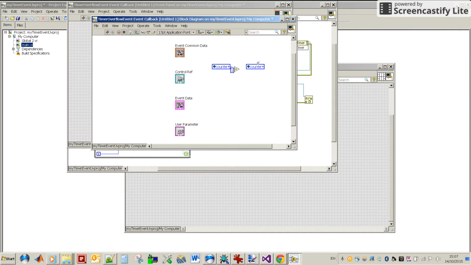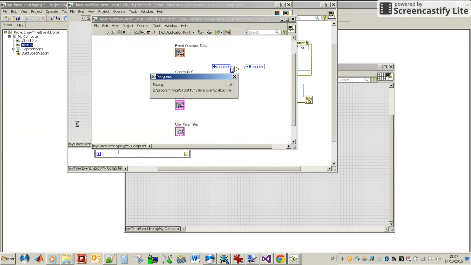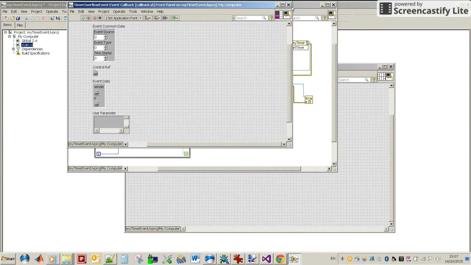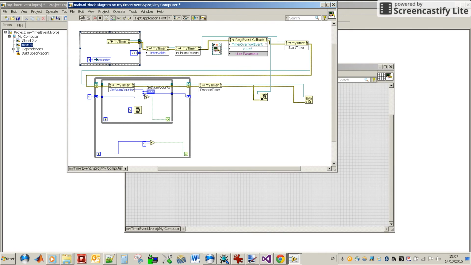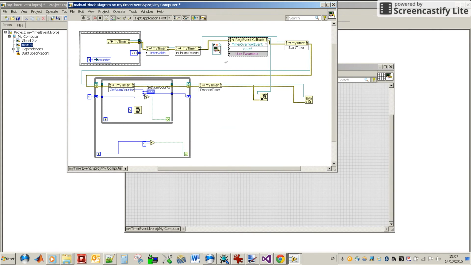Now, change to write, file save as the callback VI. All right, let's see. Okay, and because we gave it a parameter,